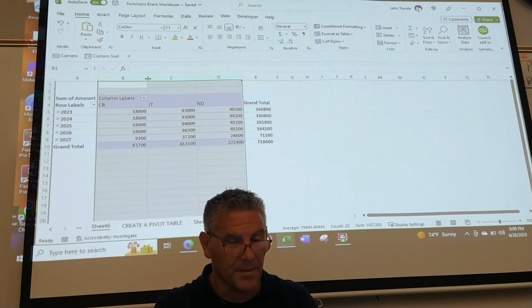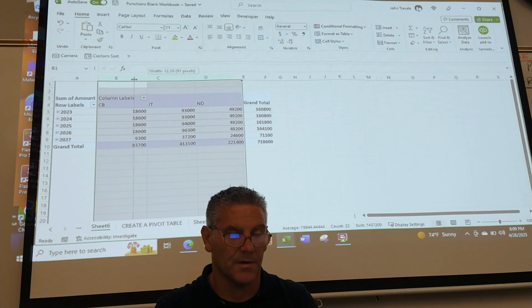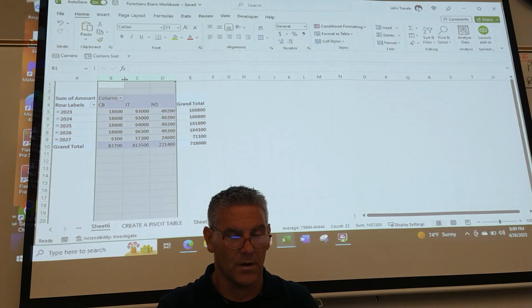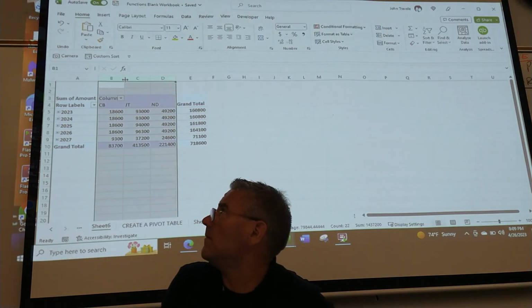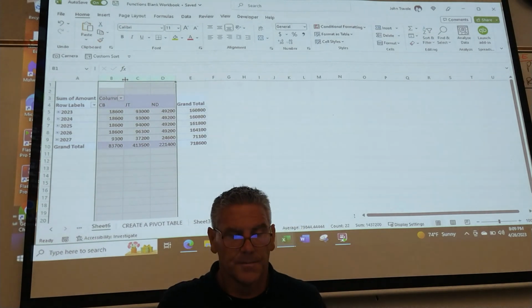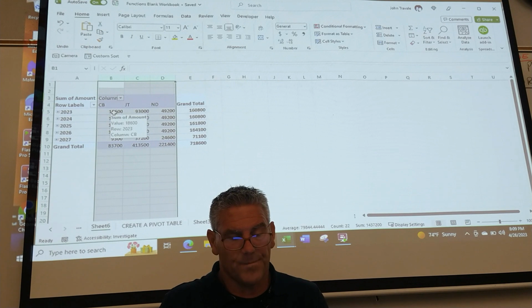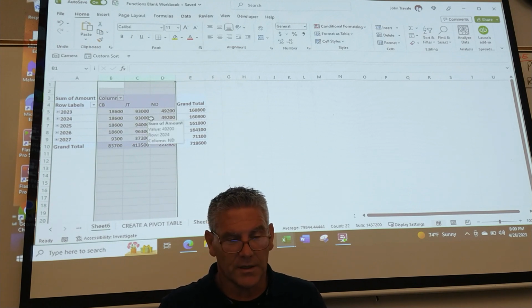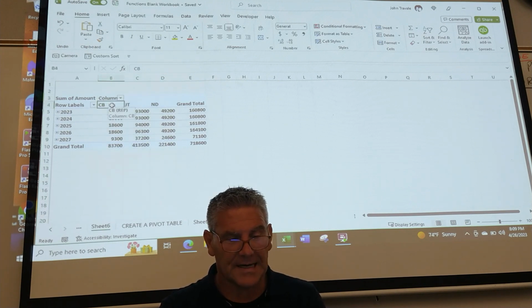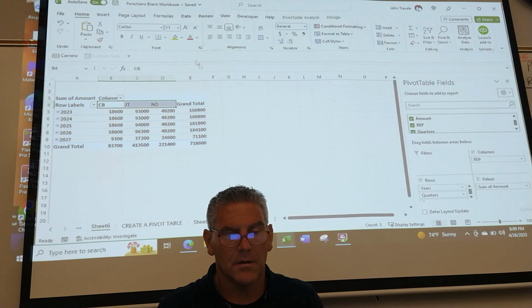But I don't like them that big, so I'm going to hold it left and make them smaller so that I can fit more on there so y'all can see. Hopefully y'all can see. Then, there's just so much to do here. It's fantastic what this does. So now I've got these